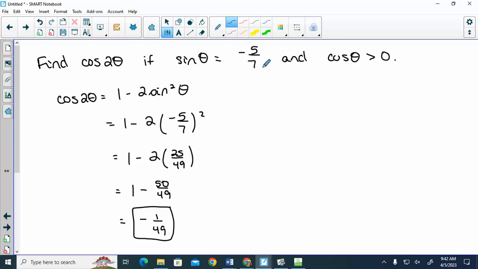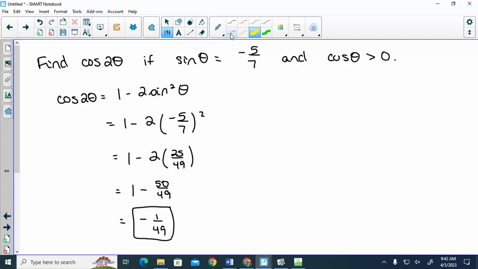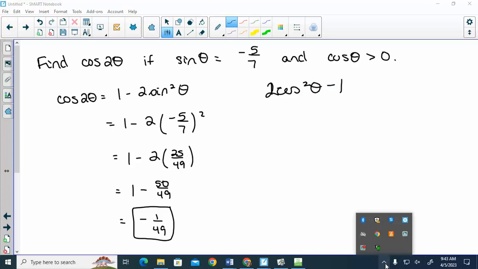So basically with these 2 theta formulas, you have to use your formula, and if it asks for a trig function that you don't know, like here, this one called for a tangent and I didn't know it, you have to set up a triangle. If I had chosen to do this one by doing the 2 cosine squared minus 1, I'd have to do a triangle in order to get cosine. So if you